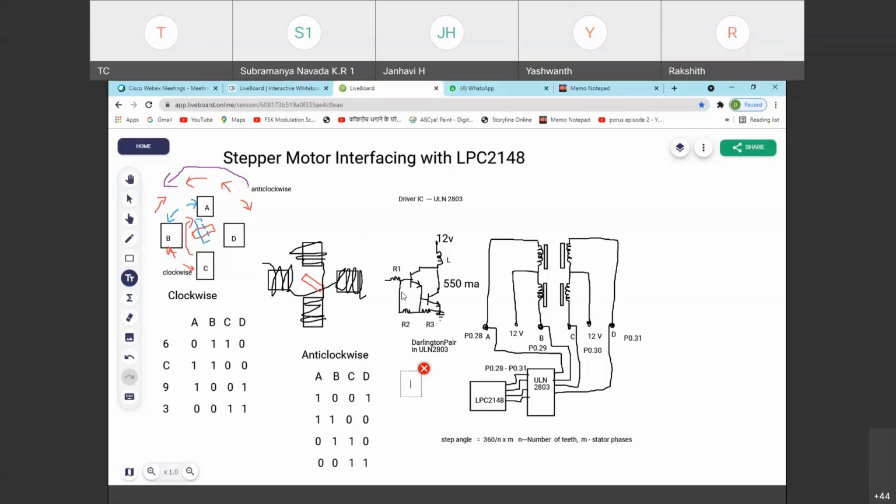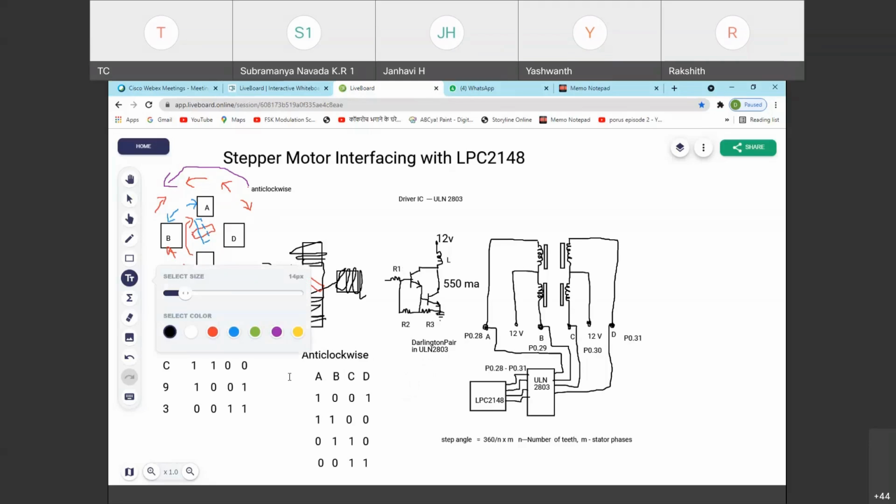How exactly does this work? Now let us come to the working of it, and we will understand this by typing the program. Please understand the clockwise combination and the anti-clockwise combination. Can you write the anti-clockwise combination?